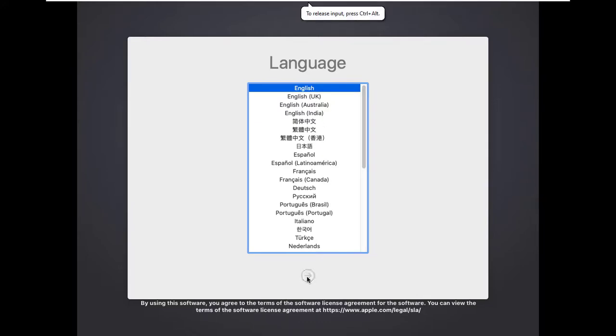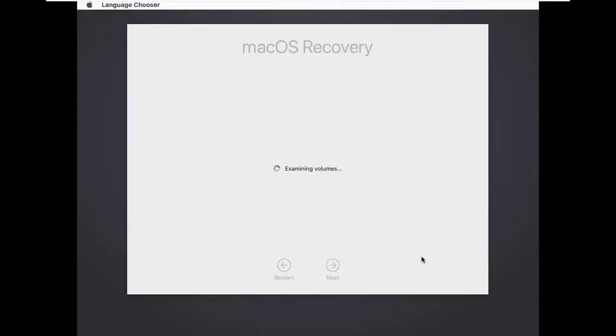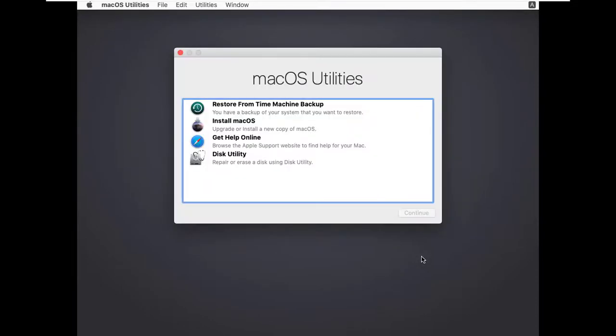Click on next. The installation for macOS is a little bit slower compared to others, because this is only compatible with Apple hardware. So this is for testing purposes.